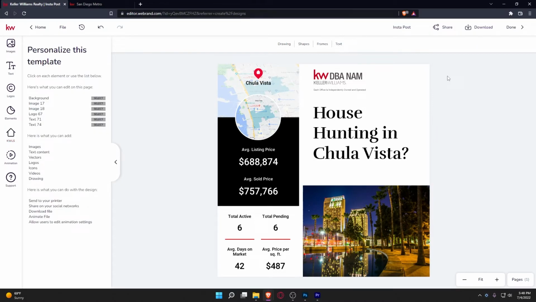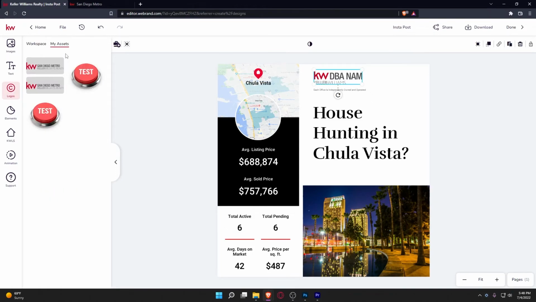So in order to change your Keller Williams logo, it should automatically be uploaded to your Keller Williams Command account. And it's very easy to change. It's kind of like changing the image down here. All you really have to do is navigate your way to the default logo, click it, and you're going to see My Assets, and then your Keller Williams logo for your said Keller Williams should be in your assets. So as you can see, Keller Williams San Diego Metro,